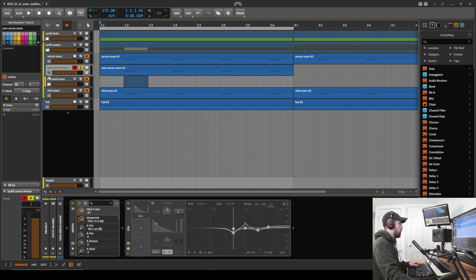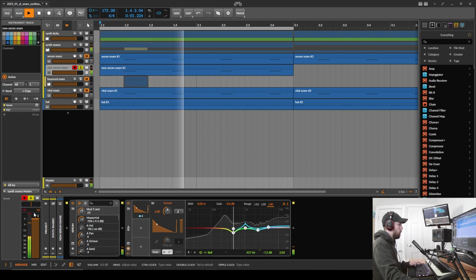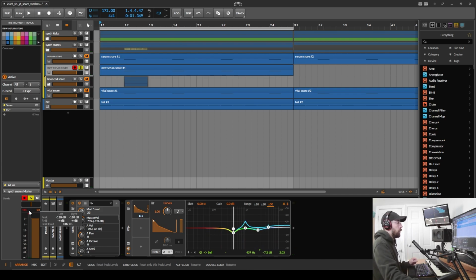Without this EQ on, you can see on our meter over here, this sound is about negative 2.4 decibels at its highest peak. It looks like it averages out around negative 12 decibels, but I bet we're probably redlining with this EQ on. Yeah, so we're going into positive, plus 3.1 dB, which is absurdly loud, and you probably wouldn't use something like